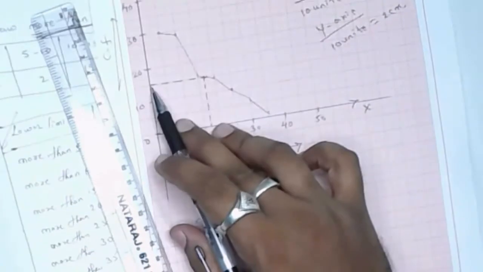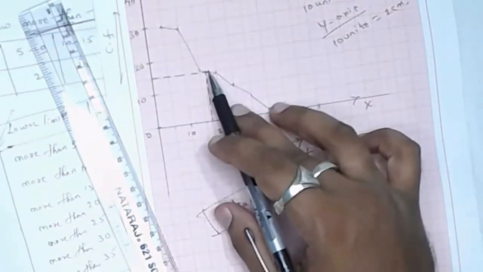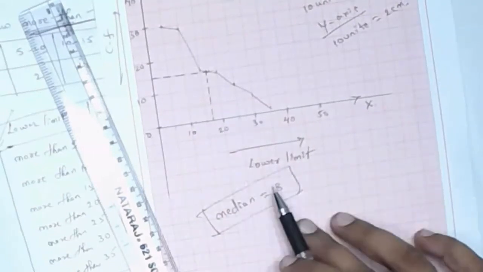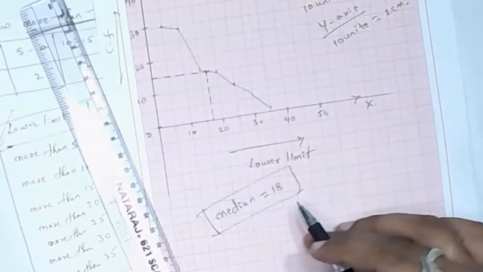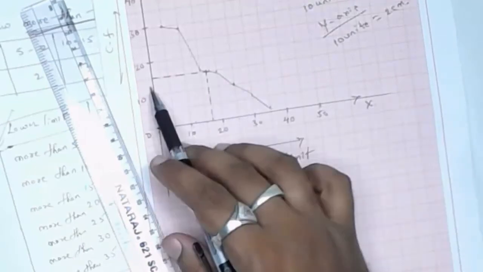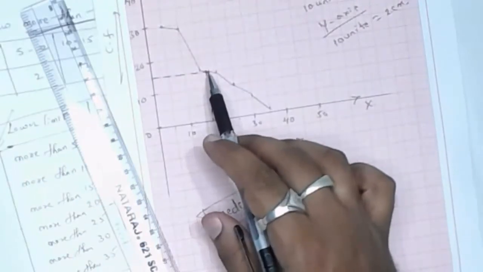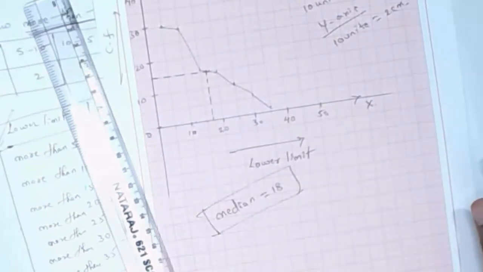So you have to find the median. Just from n by 2 value, you just draw the line. Once it touches the curve, stop it. From here again take down and do it. If you want exact answer, if you have got sufficient time, then do one thing. Before you draw this line, by using formula you solve median. Whatever the answer you get, just try to plot that value till there and try to extend this value and show that this is our final answer.